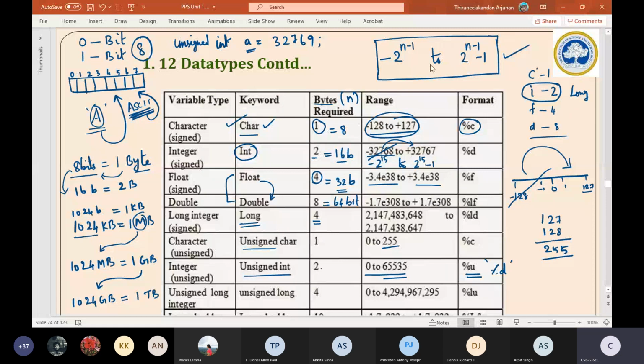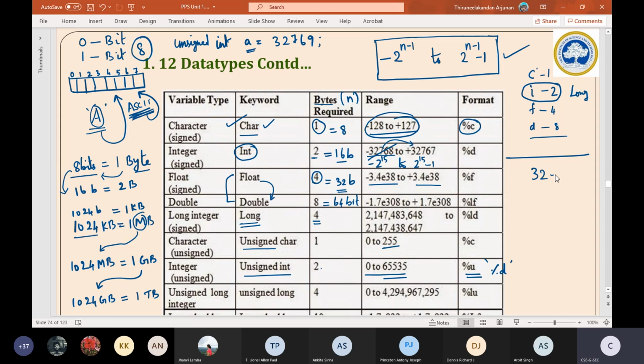There are no fixed sizes like integer should occupy only 1 byte, character should occupy only 1 byte, integer should occupy only 2 bytes. No fixed things. Okay, sir, what sir? Just now you told us to register character as 1 byte and integer as 2 bytes, and now you are reversing what you said. Simple, students. This everything is applicable for a 32-bit processor. This is valid for a 32-bit processor.